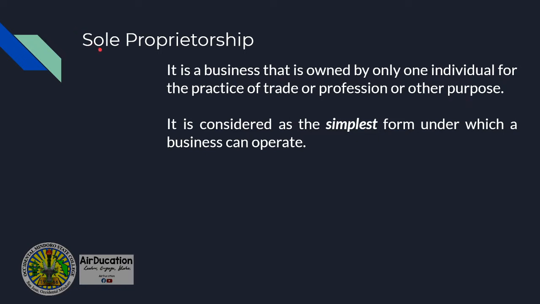Sometimes those people who are engaging in sole proprietorship are in the practice of their profession. For example, dentists or other medical practitioners, they have their own clinics, or those skilled individuals such as barbers, tailors, and etc. So sometimes to practice what they know in their field of profession or skills, they establish their own business. And since this is established by one individual, it is considered the simplest form of business organization.